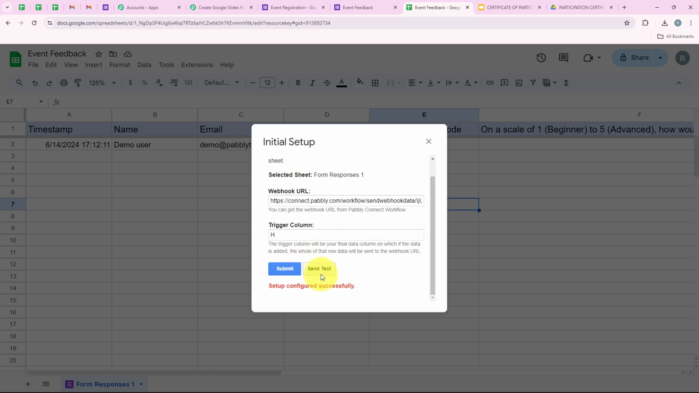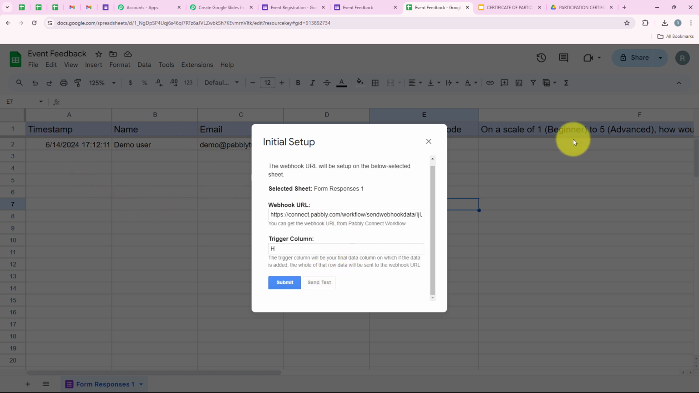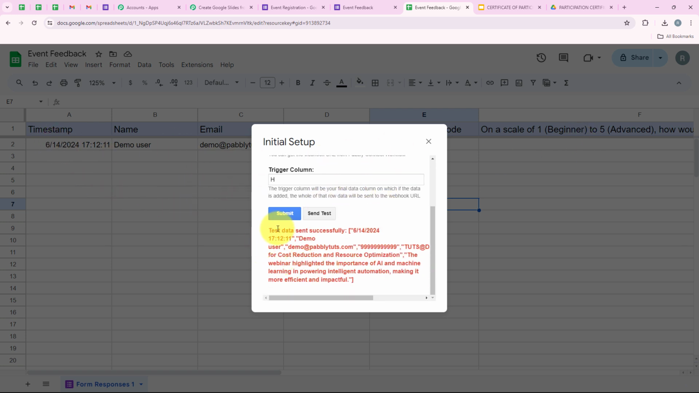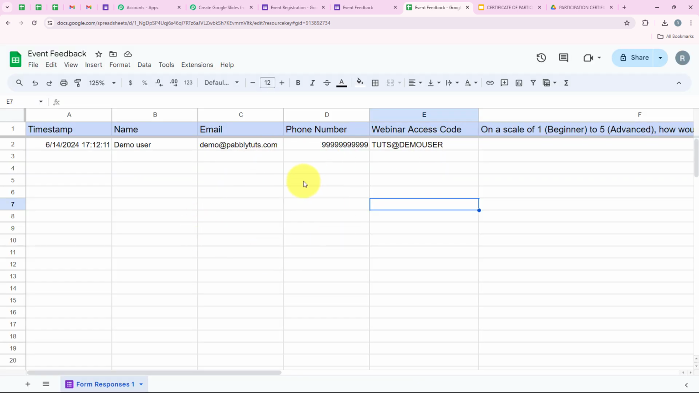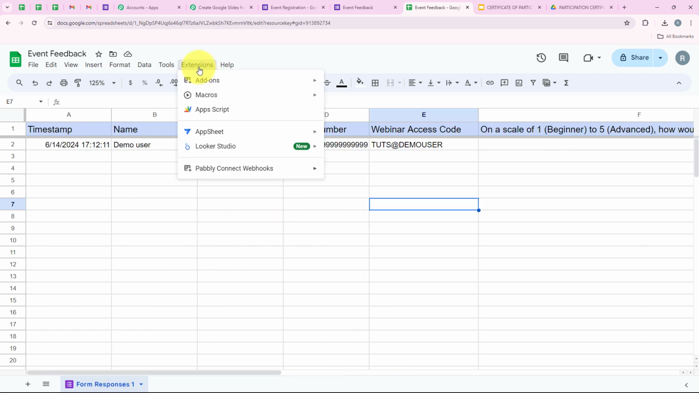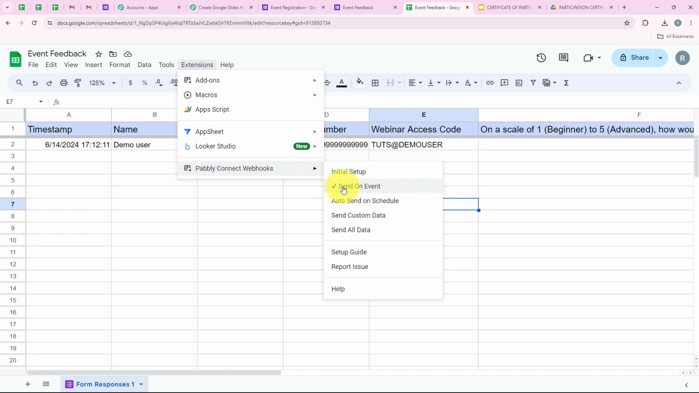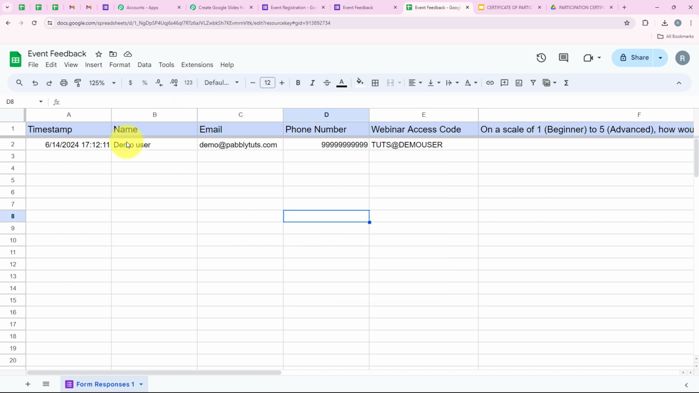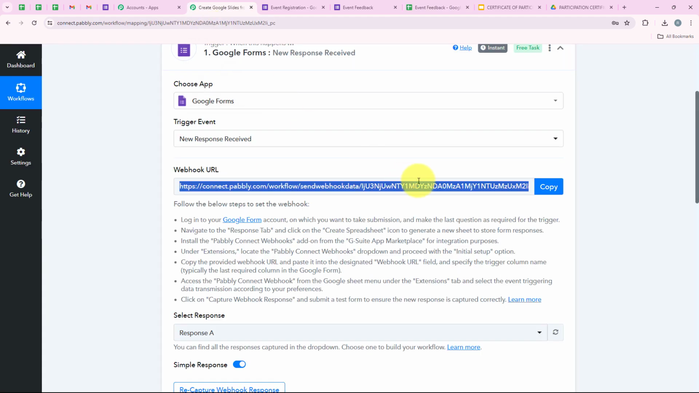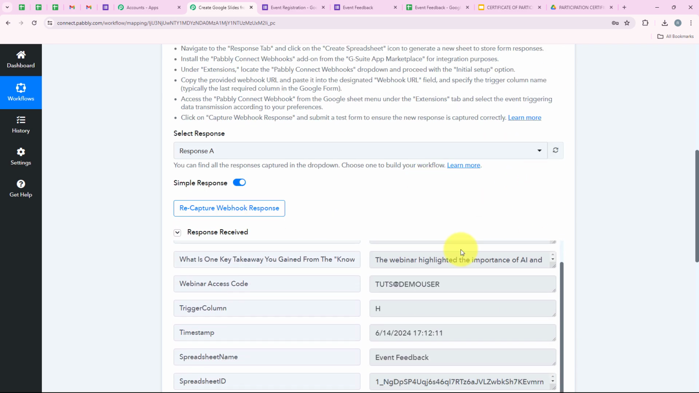And now we are going to click on send test. So we want to send this data to our workflow. And yes, you can see test data sent successfully. So now I'm going to close this. This means that we have successfully sent this data to our workflow. But now before moving on to our workflow, first we have to keep in mind that you have to always switch on this send on event button. So as soon as a new event is created or updated in your spreadsheet, automatically the details will be sent to our workflow. So I'm going to open my workflow